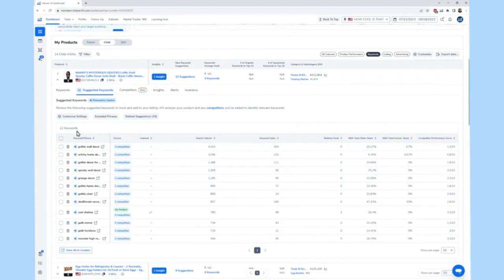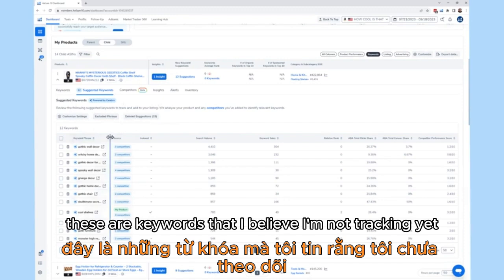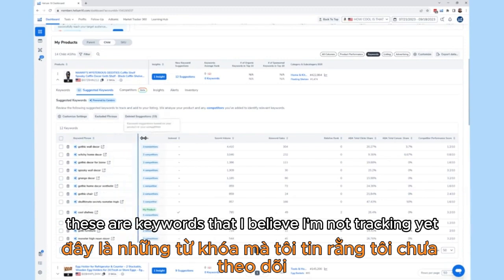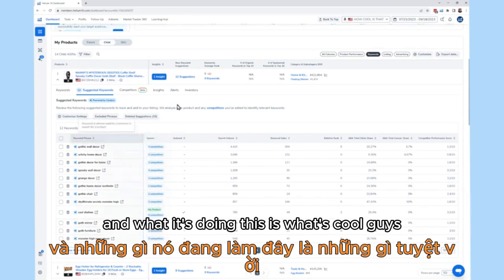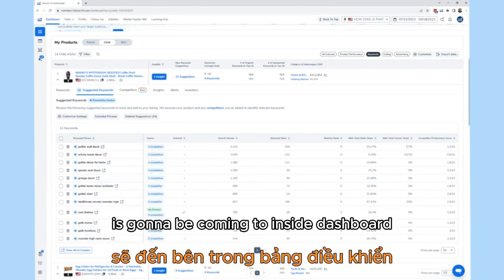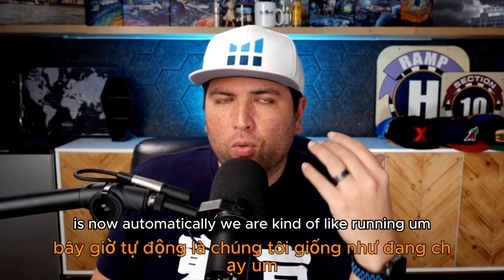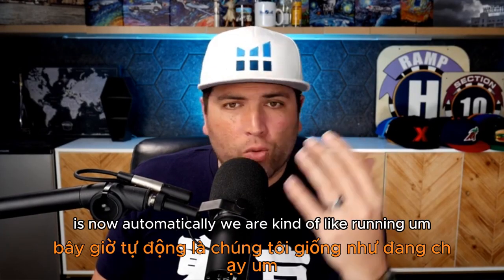All right. Now, take a look here. These are keywords that I believe I'm not tracking yet. And what it's doing, this is what's cool, guys. This is what I've always been teasing is going to be coming to the Insights dashboard. Now automatically we are running Cerebro